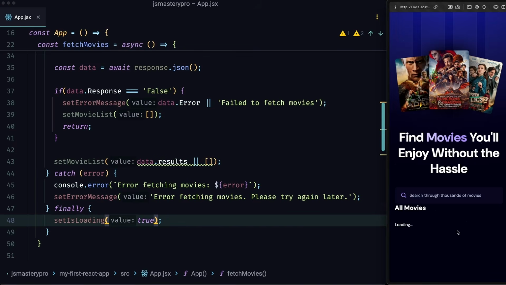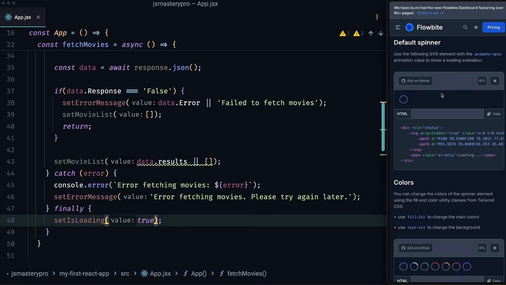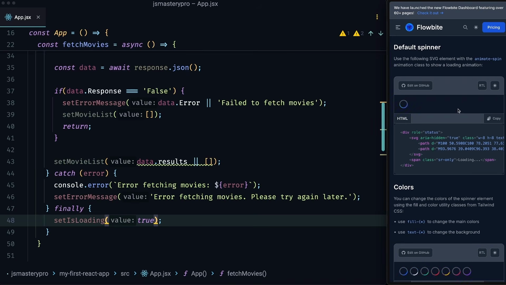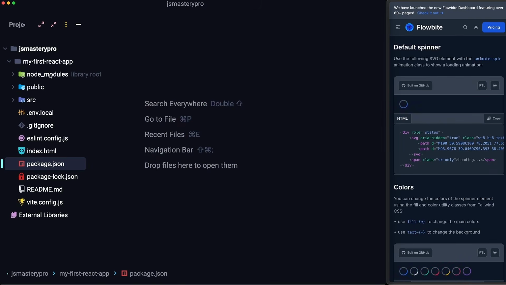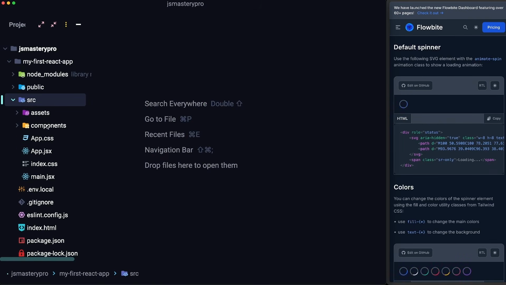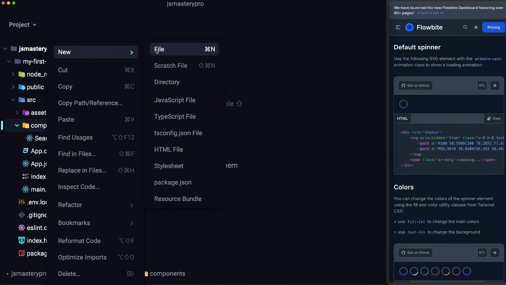But this is not looking that interesting, is it? It would be better to have some kind of a real spinner that looks like this. There are many different spinners online. People offer them for free. They work in different light or dark modes, and you can simply copy the code. I'll put the link to this website in the description so you can find your spinner of choice and just copy it to clipboard. Then we'll create a new component by heading over to Source, Components, and let's call it